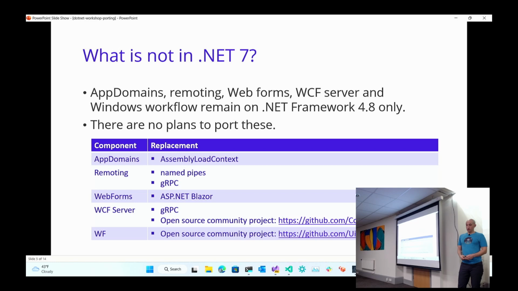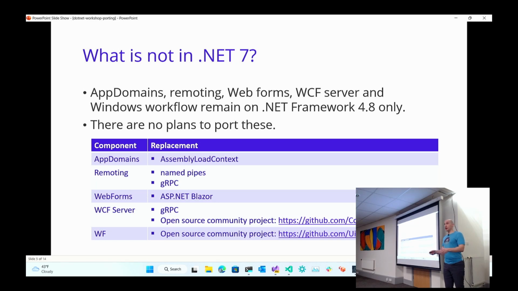Same thing with WCF Server. WCF Server was very, very heavily pushed by Microsoft for like 2 years. And then everybody said use web APIs instead. However, now we have gRPC, which stands for literally nothing, because the G stands for nothing. Remote procedure call. What's interesting about gRPC is, if you didn't know this, it's like 10 to 12 times faster than web API, because it sends binary data over the wire instead of JSON or XML. So even though it is a rewrite, and potentially it might be startling at first, working with protofiles and things like that, if you care about performance, gRPC might be a great option for you.